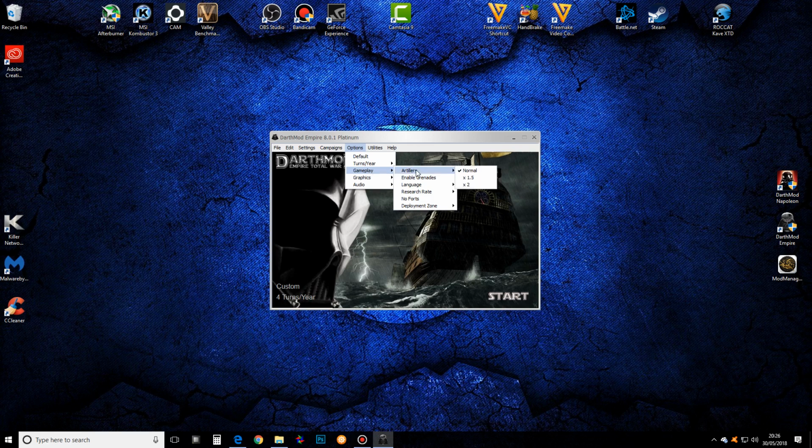So as you can see here, you can have normal artillery, you can have times 1.5 or times 2, so of course you can increase your artillery yield. I've kept it as normal because I don't want to, I'd see it as almost like cheating,